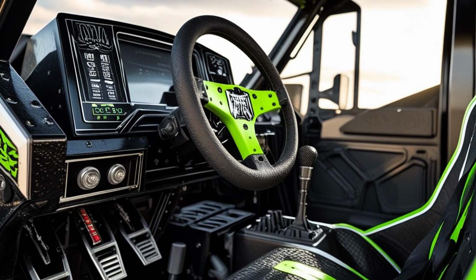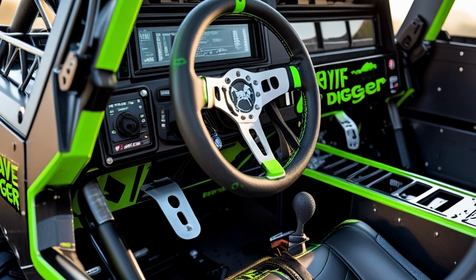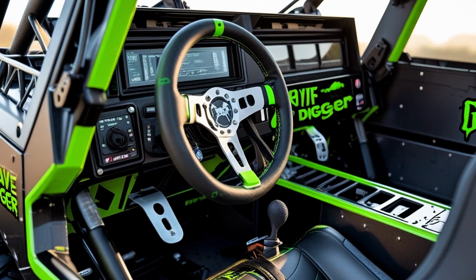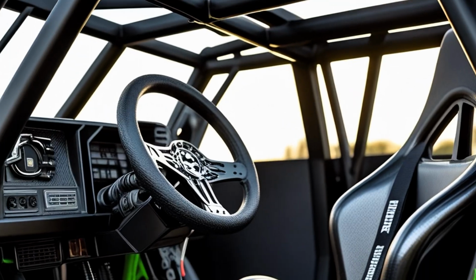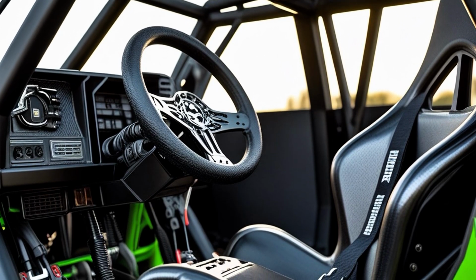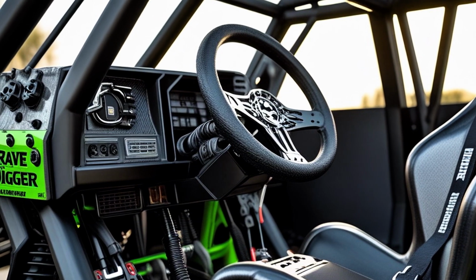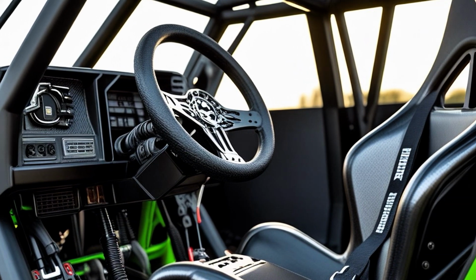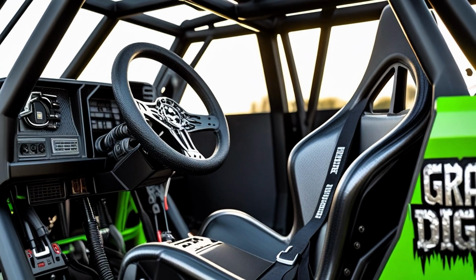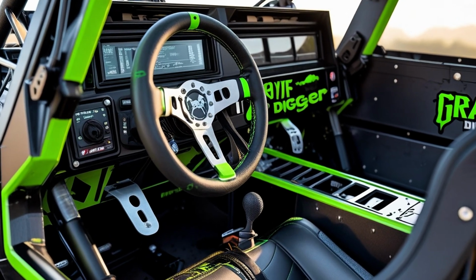Now, let's talk about what's underneath that haunting exterior. The Grave Digger isn't built like your average truck, it's a purpose-built machine designed to withstand the extreme punishment of monster truck competition. Sitting on a massive custom tube frame chassis, it combines strength and flexibility, allowing it to survive massive jumps, hard landings, and bone-rattling crashes that would destroy any ordinary vehicle. It rides on enormous 66-inch tires, each weighing close to 900 pounds. These tires are the foundation of the truck's ability to crush cars, soar through the air, and tear across dirt